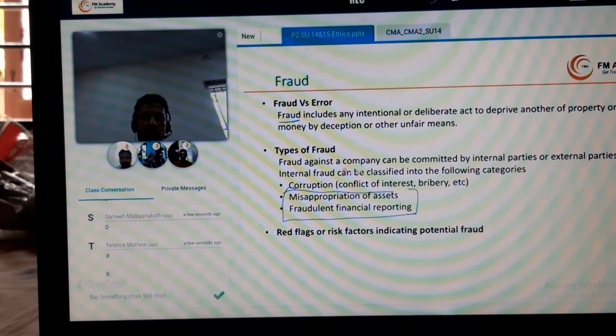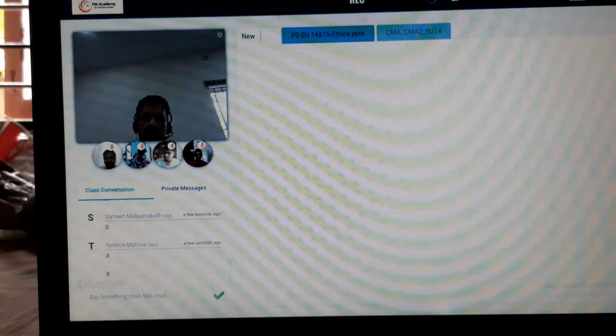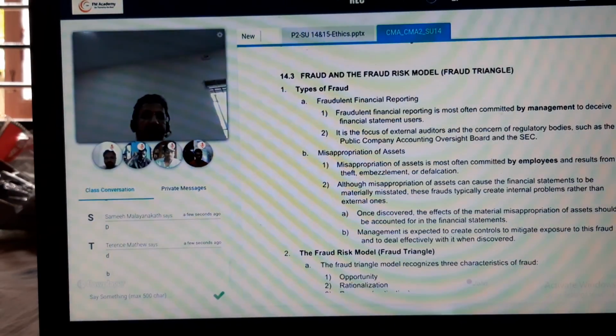But now, the two categories of internal fraud discussed in the LOS and coming under this study unit are misappropriation of assets and fraudulent financial reporting. We'll go into that. So the types of fraud they are discussing are fraudulent financial reporting and misappropriation. What is fraudulent financial reporting? Take the